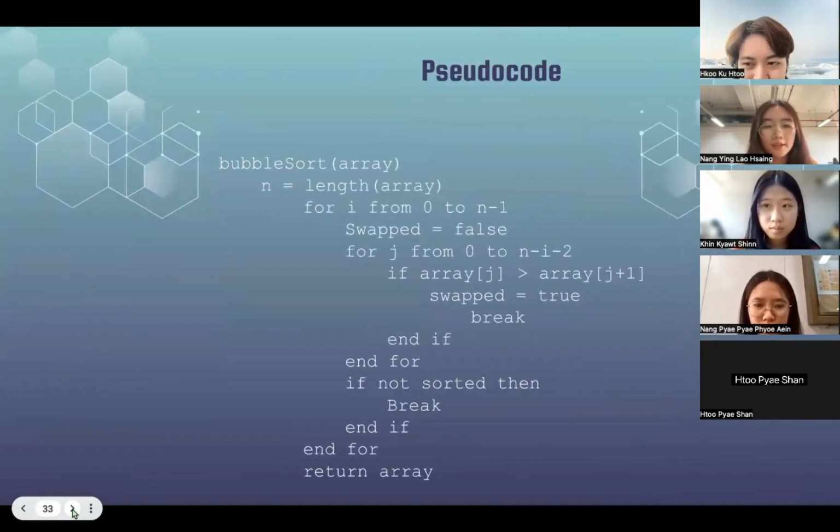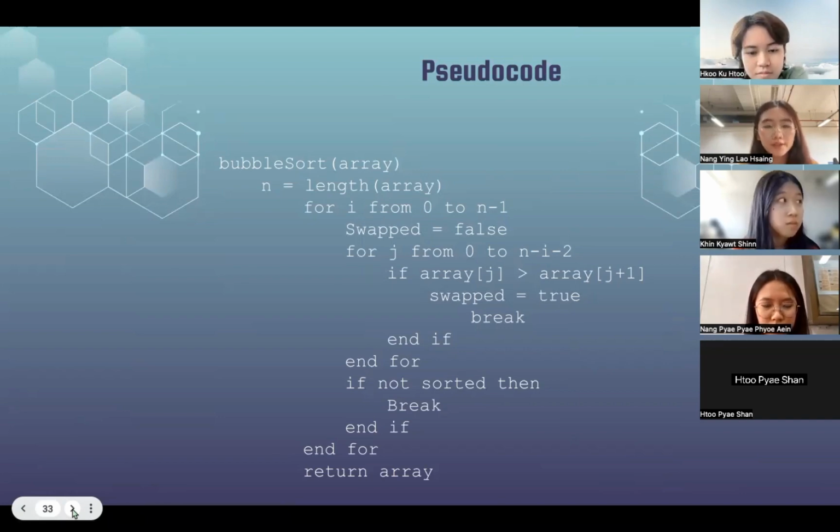Hi, I'm going to show you and explain briefly the pseudocode of this bubble sort. This is a different method from what my friend Vivi has explained. Let's go to the first line. And this is the method that we will